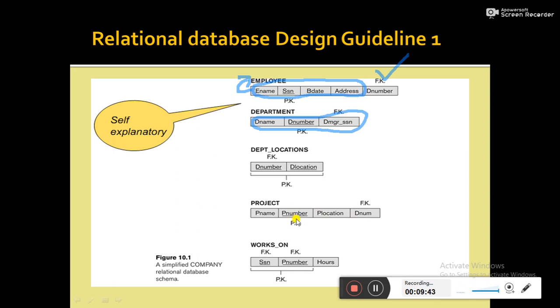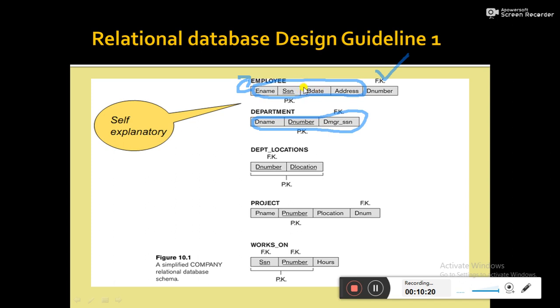Now that particular project belongs to which department, so you have to establish a link between project and department also. For that again we have to use the foreign key. Here department number is the primary key, that attribute should be included over here as a foreign key. So a particular project name which has a particular project number belongs to a project location, and that project belongs to a particular department number. And from department number, if you look at the department table, we will be able to get which department it is. That means, again, the bottom line is that